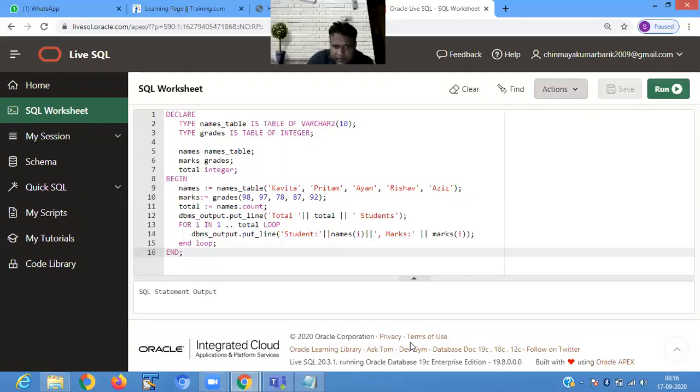Then by using a for loop, it will retrieve all the values. The total is the count, and it runs from 1 to the total value.